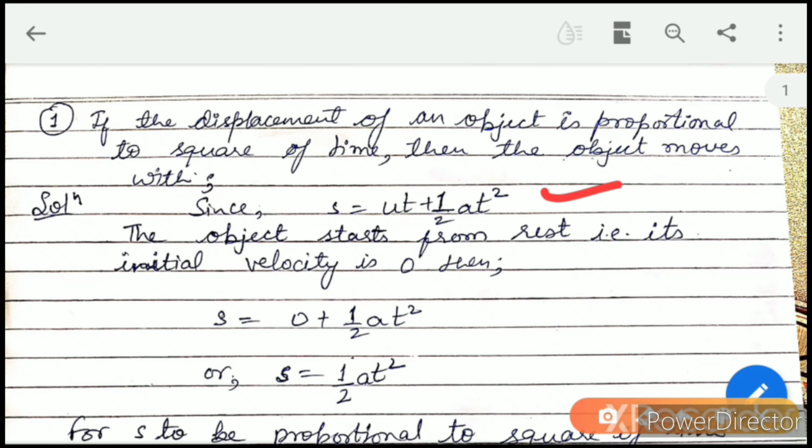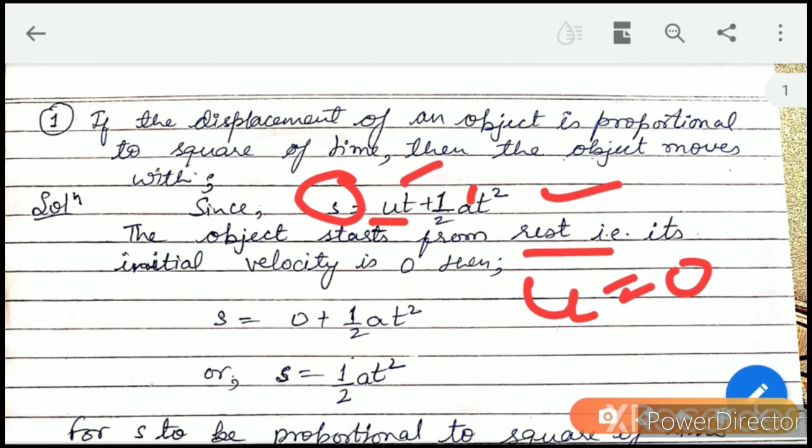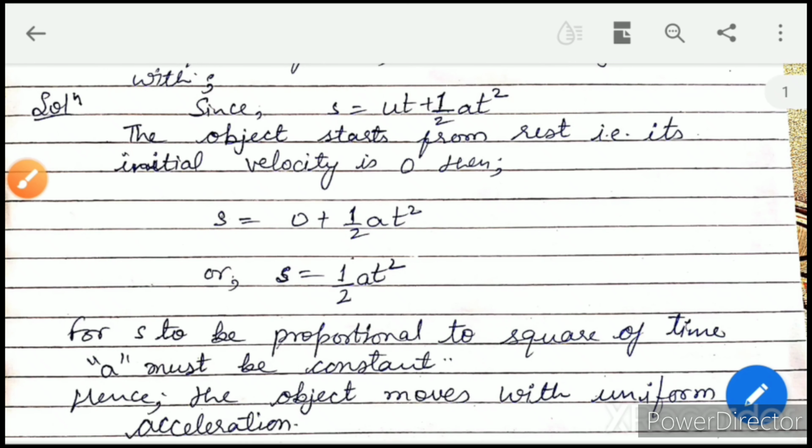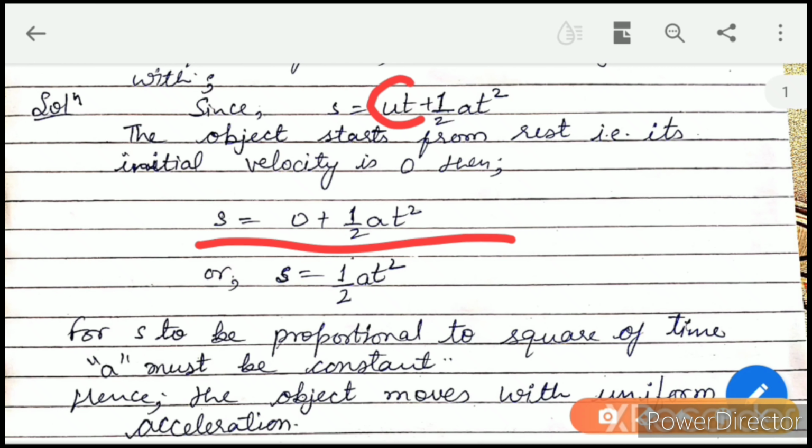We already know from the second equation of motion, that is s is equal to ut plus half at square, where u is the initial velocity, t is the time, a is the acceleration, and s is the distance. So it is given in the question that the object starts from rest. Okay, so rest automatically means that u will be equal to 0. Now substitute this value of u in the second equation of motion. We get that s is equal to 0 plus half at square,